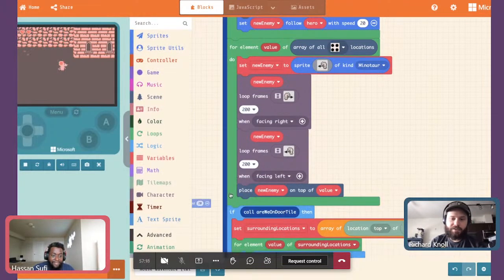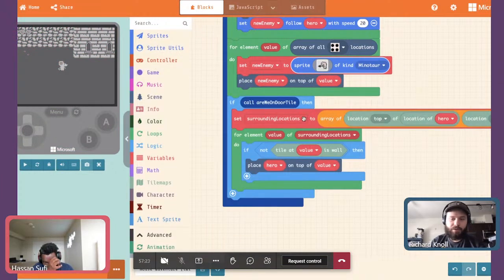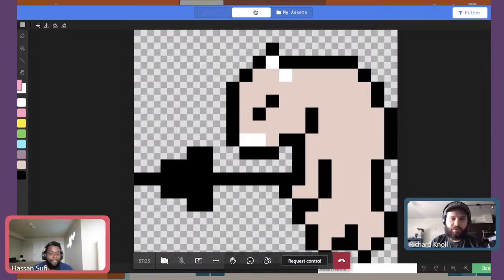Okay, so we don't want all of this follow code. We don't want this animation stuff. We're going to change this to be